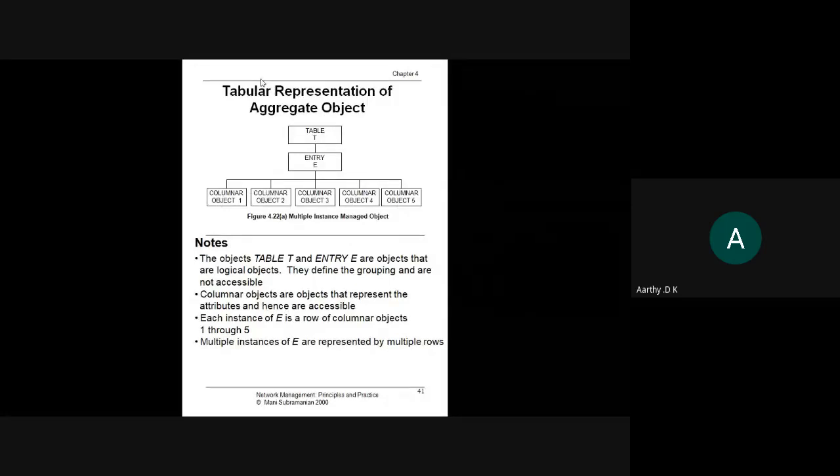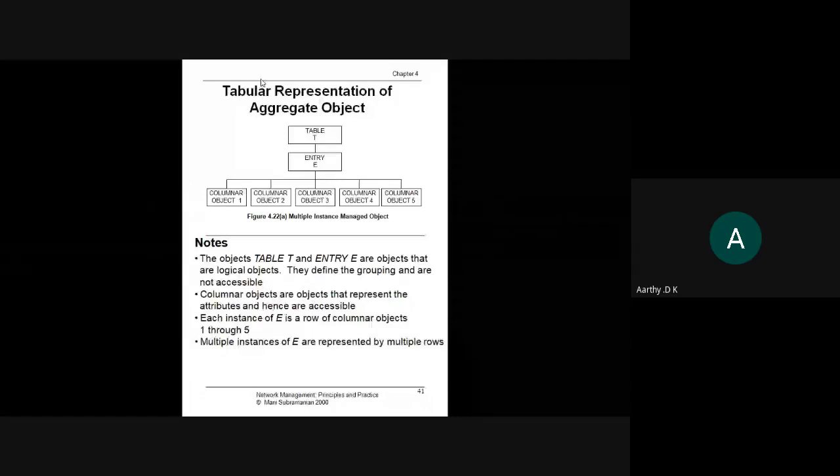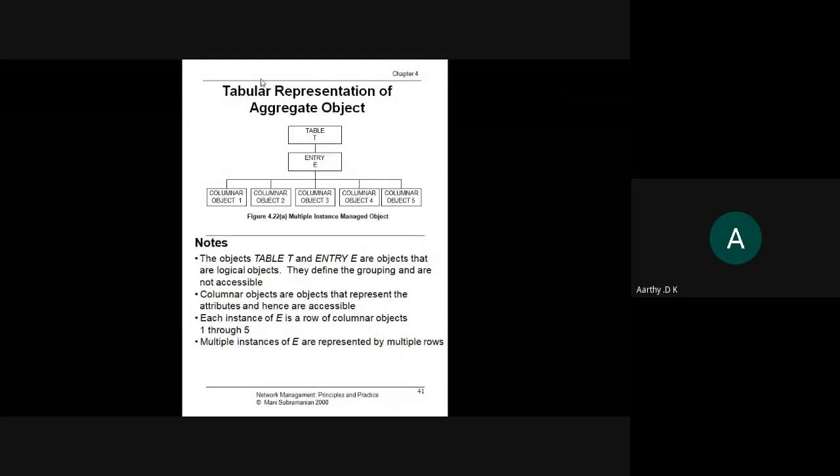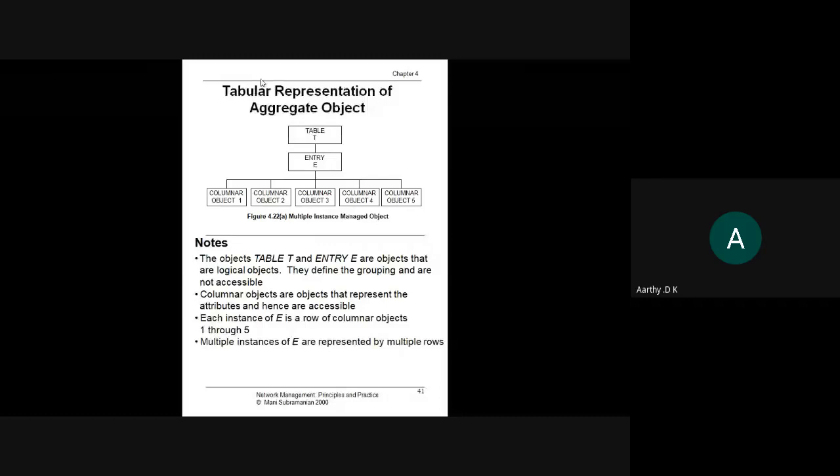For example, in Java we have classes and objects, right? Your class, third year CSE, is a class, where individual students are objects of the class. Here we don't call it a class; instead we call it an aggregate object, because that itself is an object. So an aggregate object is itself an object. We cannot call it a class the way we do in Java. So you have a grouping of objects, and those grouped objects are further called an object as it is.